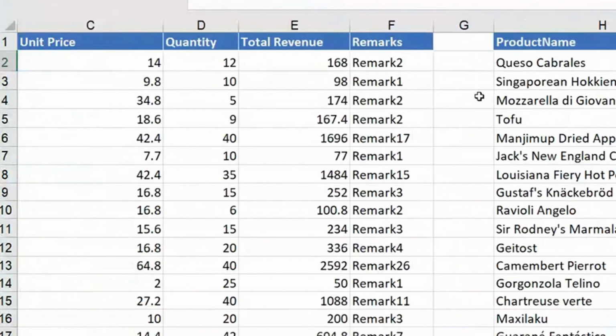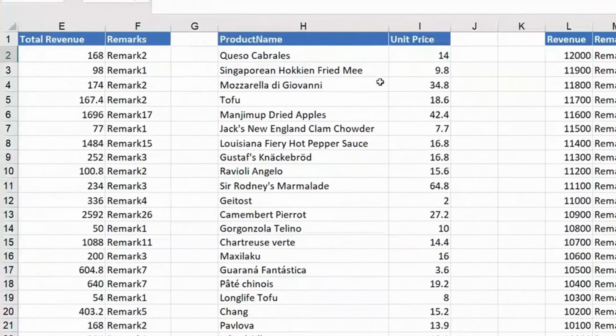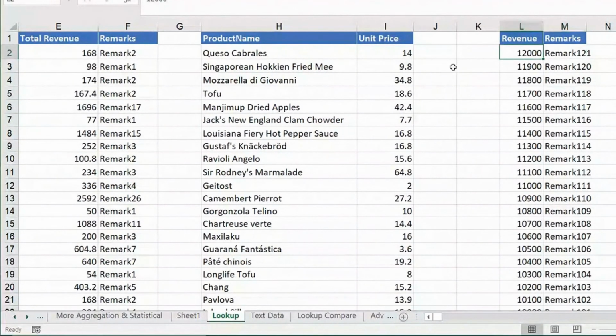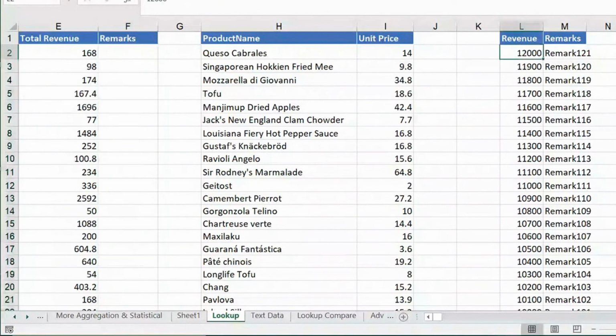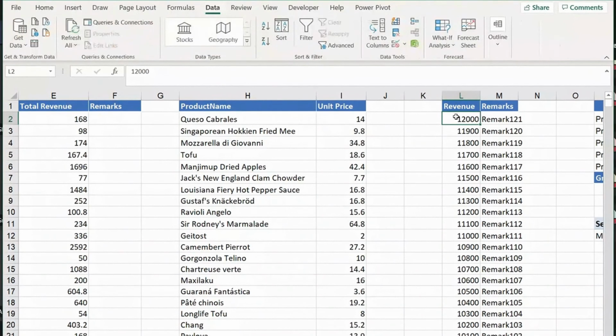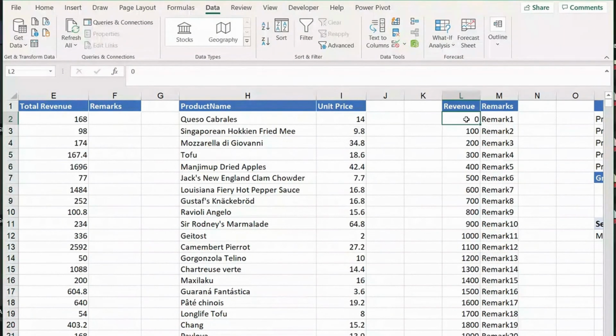Normally approximate match is valid when you're looking up something in a range of data, correct? Like we did in this remark exercise, if you remember. And very important in VLOOKUP, when you are using approximate match, your data has to be sorted in ascending order, lowest to highest.